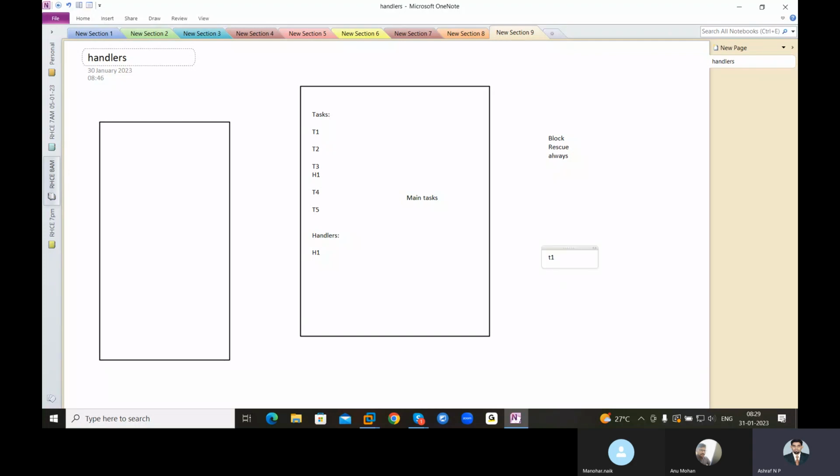Imagine task one: you will write the code for patching. In task two, if patching is successful, what should happen? Restart the server. You will write code for restarting the server.